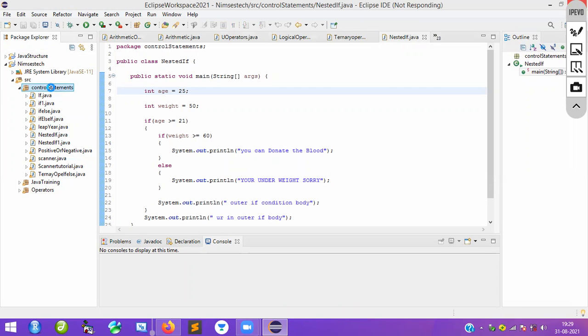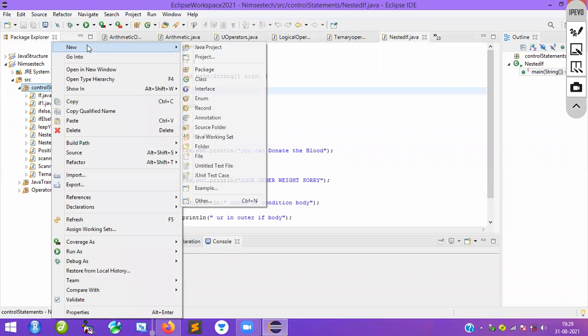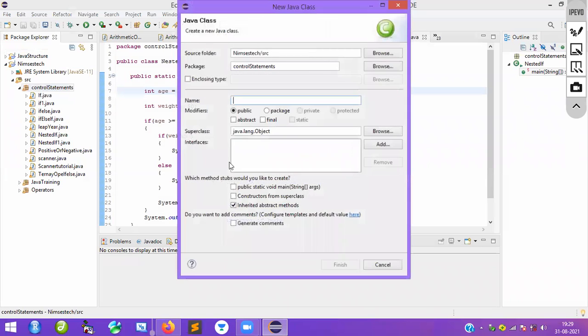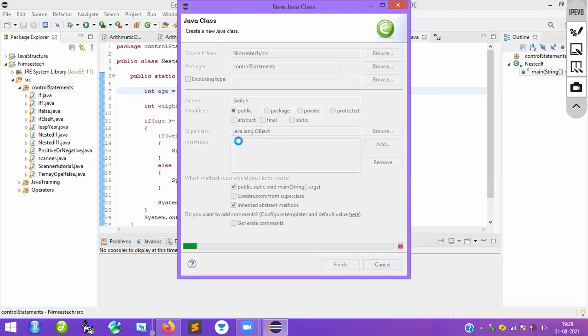Just a moment. So create a class here: go to new and create a class. I will name it something like switch, add the main method, finish. That's it.